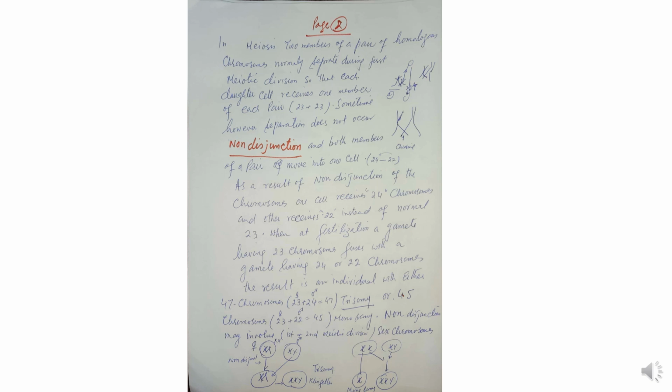It combines with Y and becomes double X with Y, which leads to a syndrome, trisomy, or Klinefelter syndrome. Similarly, the X and Y fail to separate. They combine with the female cell, double XY, and what is left is X. If X combines with the 23 sperm chromosome, it becomes 45, which is monosomy. Only X cell. If combined with Y, then Y is 23, the other is 22, and it becomes 45.